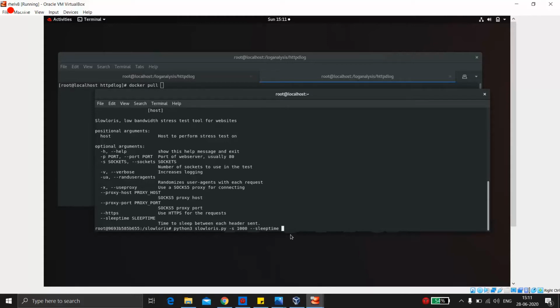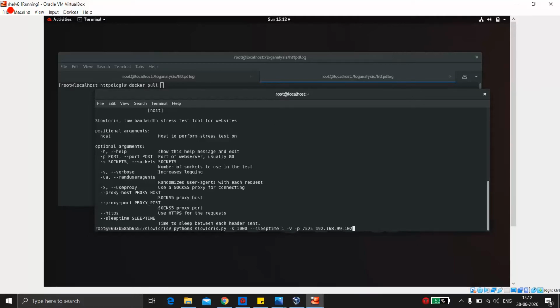So we'll give it as 1 second. So after 1 second it would make 1000 requests to the server. Not completely 1000, sometimes it would be around 989 or 970, because it needs to create the sockets and then hit the server. So this is the sleep time we will give. We'll even say that we want to see the background process, so we'll give it as verbose. Then we'll give the port number, so it would be 7575, and finally our host, or the IP of the web server where we want to attack. So it would be our IP.